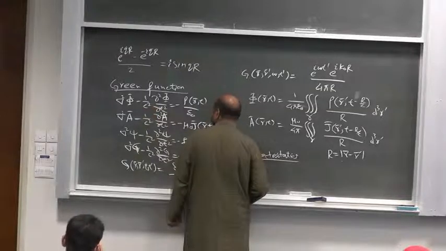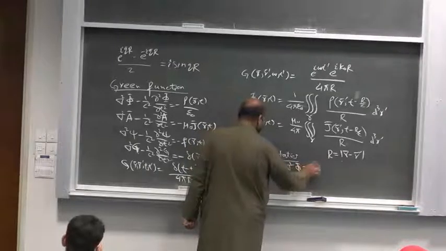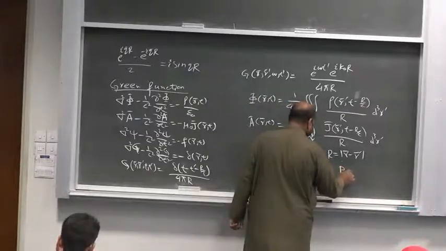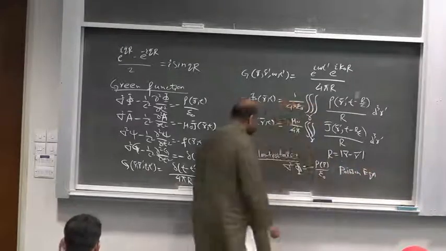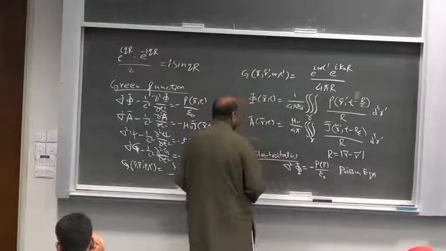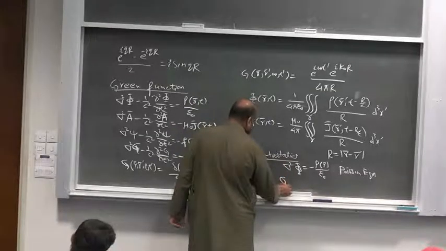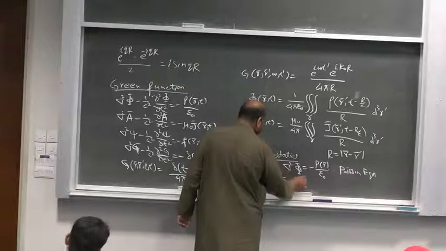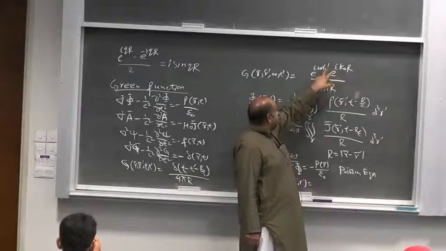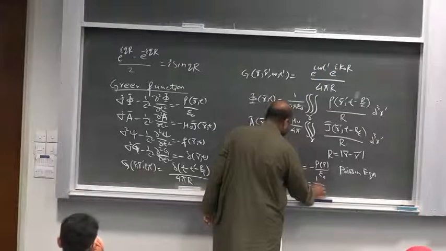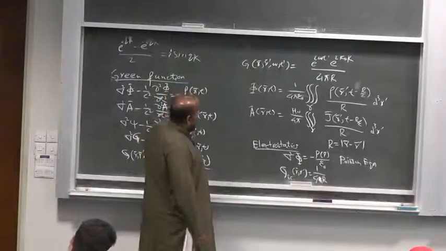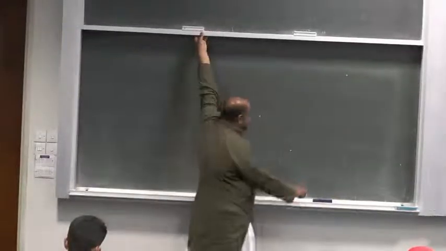Now let's see what happens with electrostatics. So our wave equation reduces to the Laplace equation. Sorry, Poisson equation. And the Green function for this thing in the static case, since k0 is omega over c and omega is 0, and t prime is also 0, is simply 1 over 4 pi r, and the solution of Poisson equation is